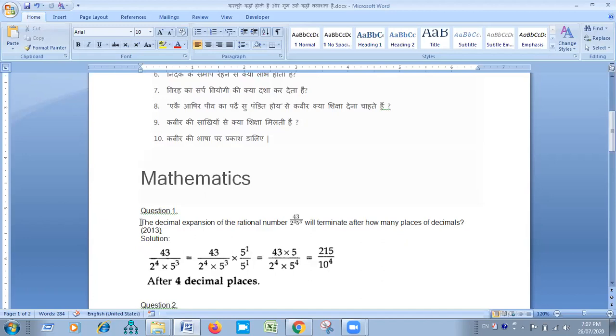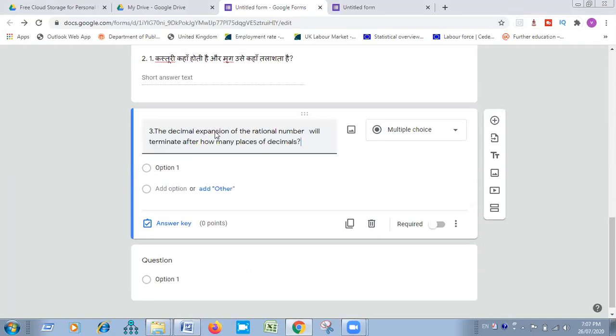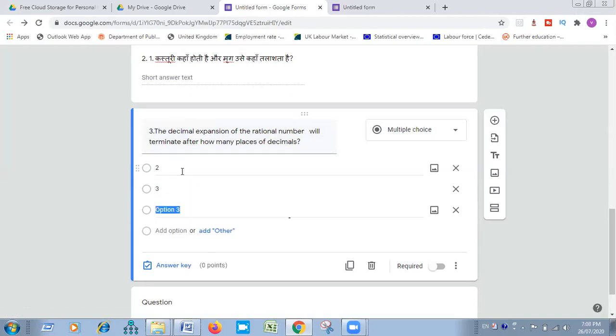Suppose this. I will click on Control C and Control V for paste. I will provide appropriate options, that is 2, 3, 4.